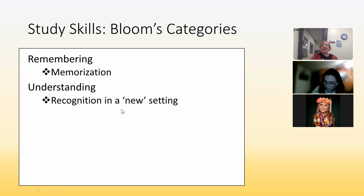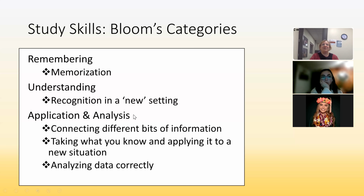An example on a test for remembering would be if I put a definition straight out of Sarah Go on the exam, and then you would pick out the term, or I put the term and you pick out the definition straight out of Sarah Go. If I take the definition and I change it up and reword it, that's an understanding question, okay? Because I'm checking to see, okay, do you remember it and do you understand it? Do you recognize it in a new setting? Do you recognize it with new wording? Okay. All right,